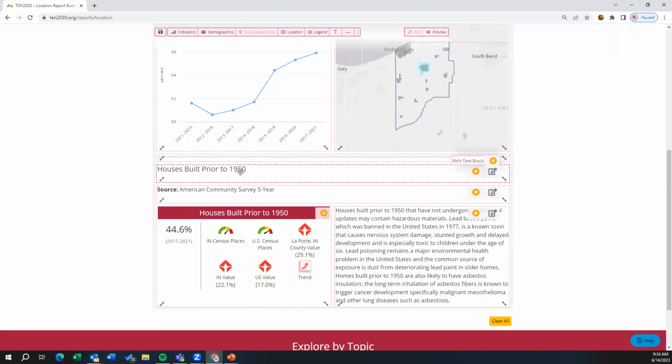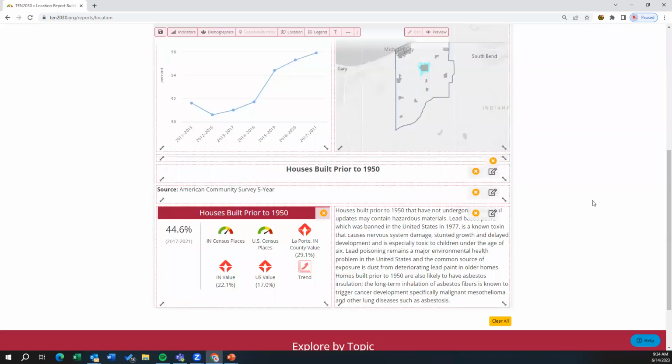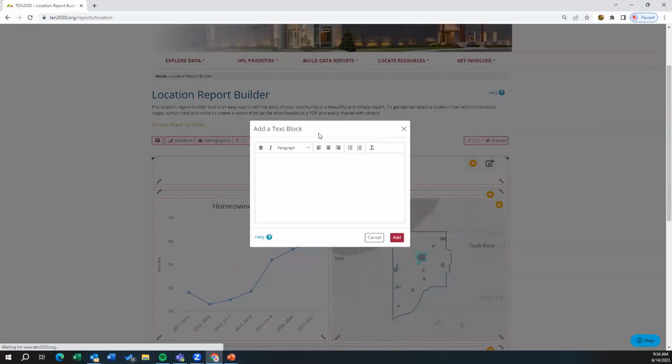And let's make this one the same thing. Maybe we don't need it to be, it's a header 3. That's probably the right size, but let's make it bold and let's center it. Save. All right. If we wanted to add in custom text, we would just click here, text block, and then